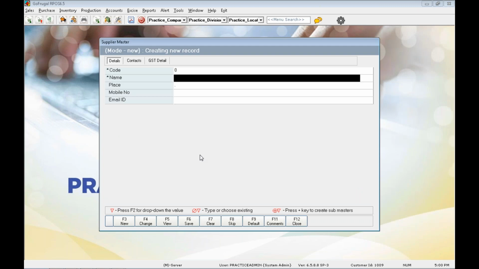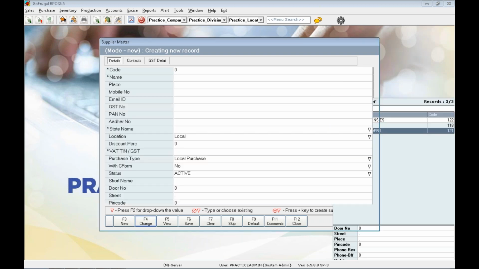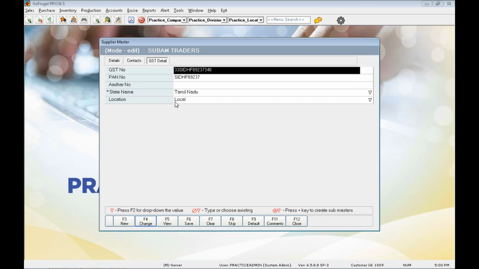In the supplier master, for example, I am loading Subham Traders. Under GST details, you can see whether they are a local supplier or an interstate supplier. It is taken based on the GST number. If the supplier is a local supplier, then the GST is split into SGST and CGST.